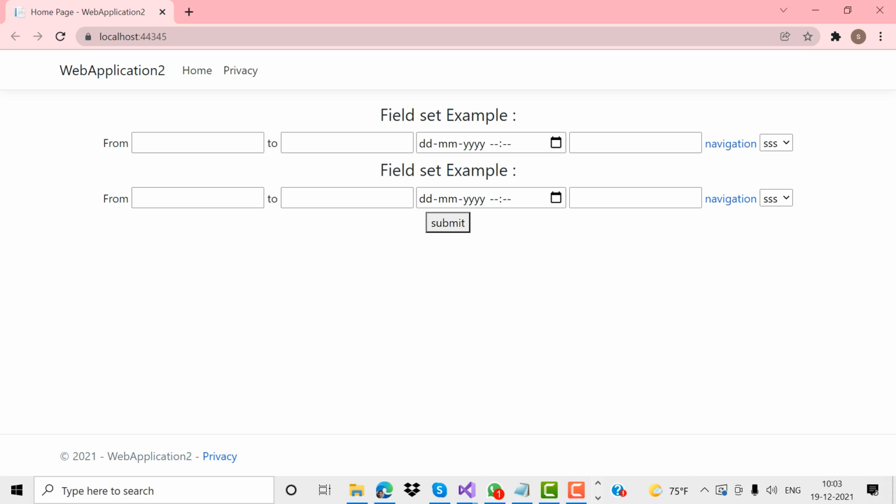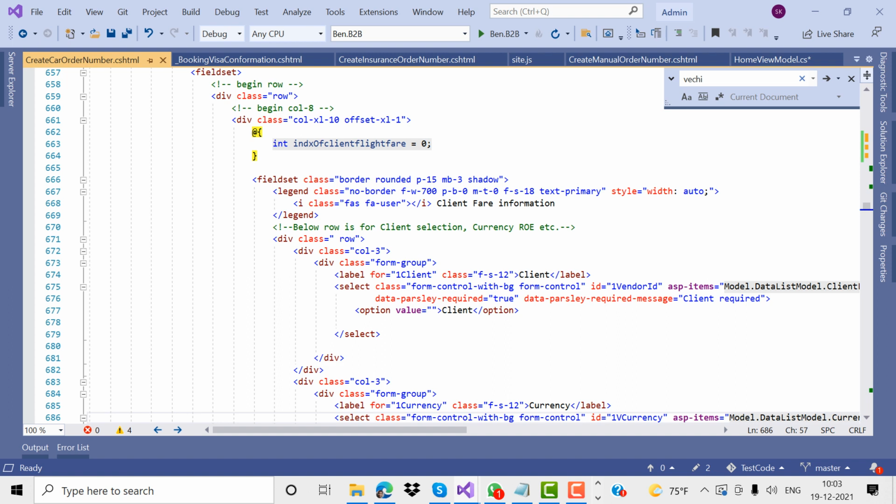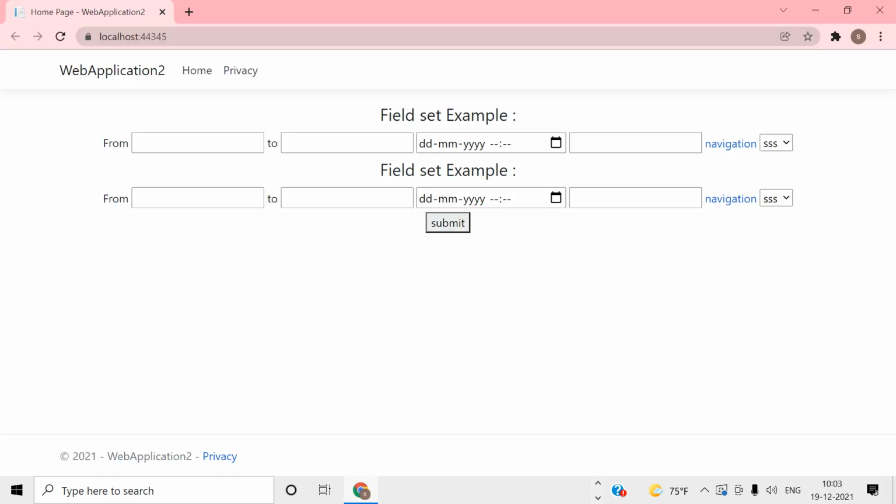See, this is one field set, and this is one field set. I need to add CSS for all these things, then it will display properly. I am giving some border around these things, it will display with classes.